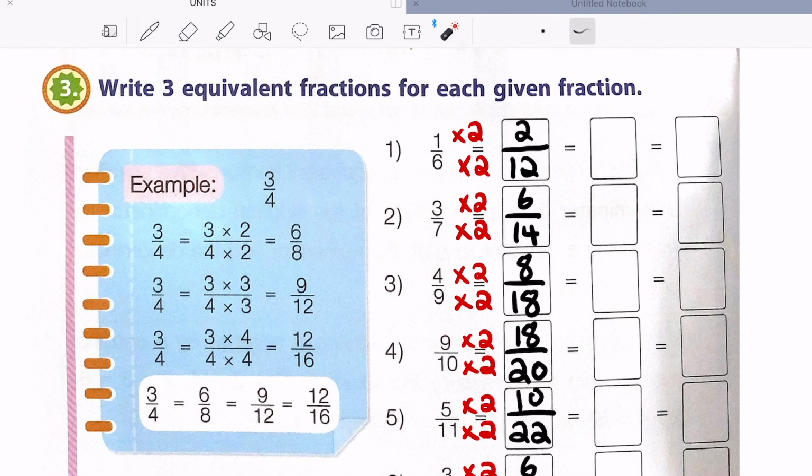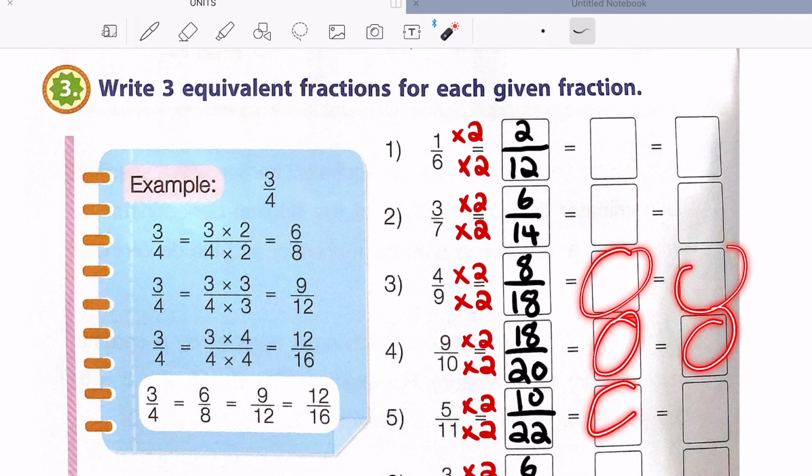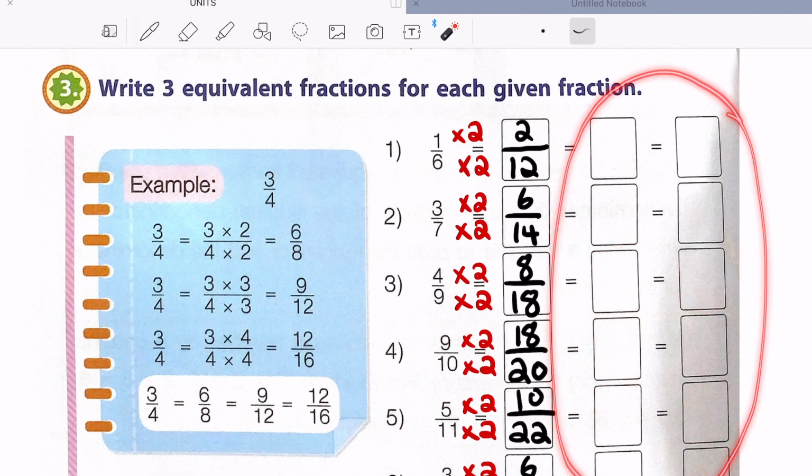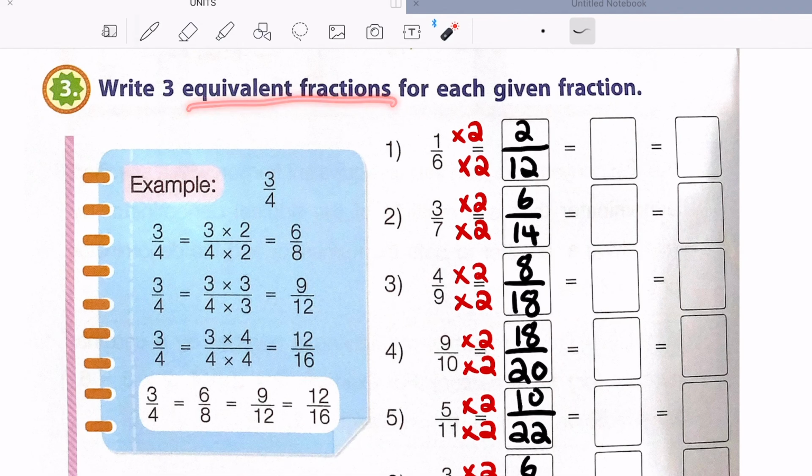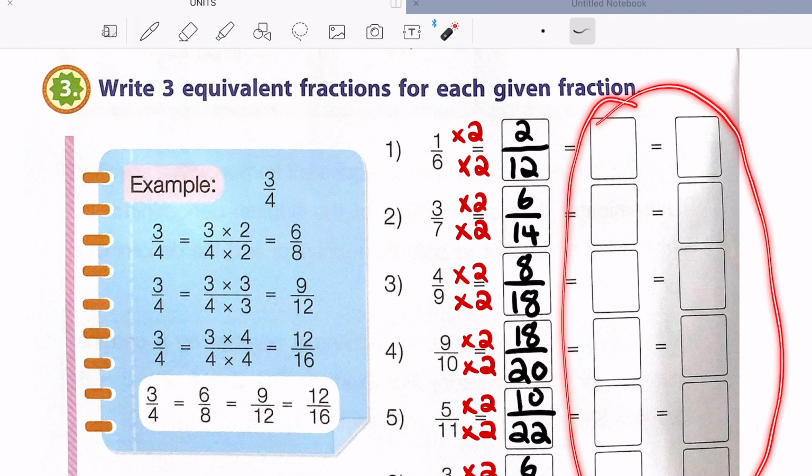So make sure you do this one, this one, this one, this one. Make sure you do this whole part. Make sure you write an equivalent fraction for the rest of the numbers. You can do times 2, you can do times 3, times 4. It's really up to you. Make sure you write an equivalent fraction, the same